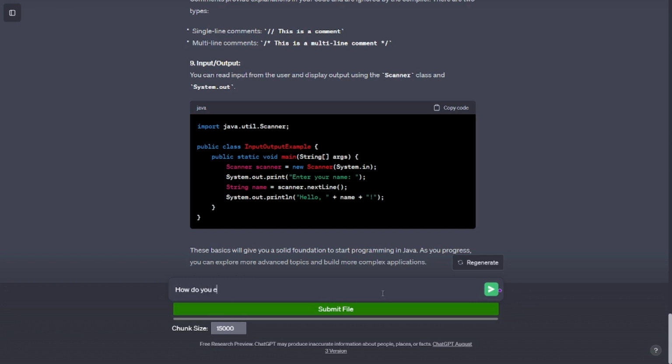9. Input and output. You can read input from the user and display output using the Scanner class and System.out. import java.util.Scanner; public class InputOutputExample, public static void main(String[] args), Scanner scanner = new Scanner(System.in); System.out.print("Enter your name: "); String name = scanner.nextLine(); System.out.println("Hello, " + name + "!");